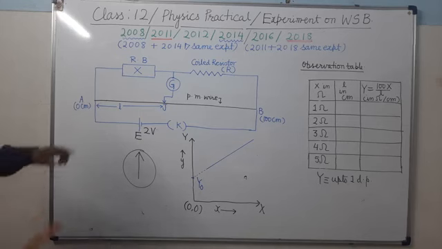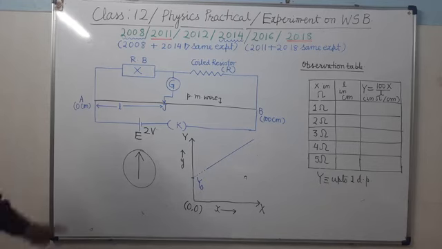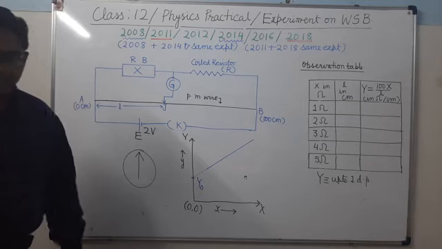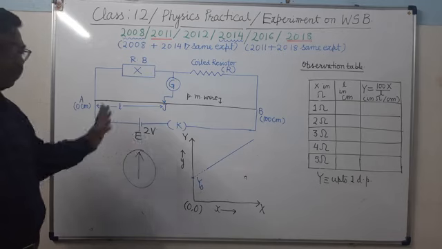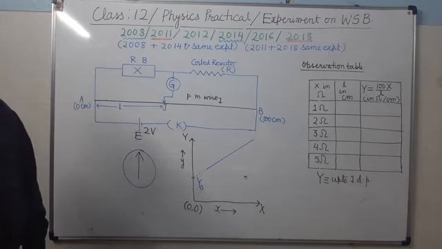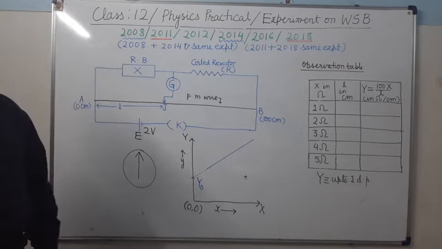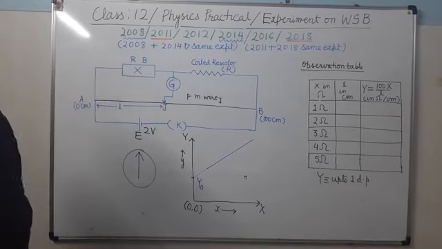What will you do? You take out two wires from the end A. One will be connected with the positive of the eliminator. Eliminator, I have shown to you in the previous video. The other wire will be connected to one of the binding terminals of the resistance box. There is no positive and negative in the resistance box. It is clear?